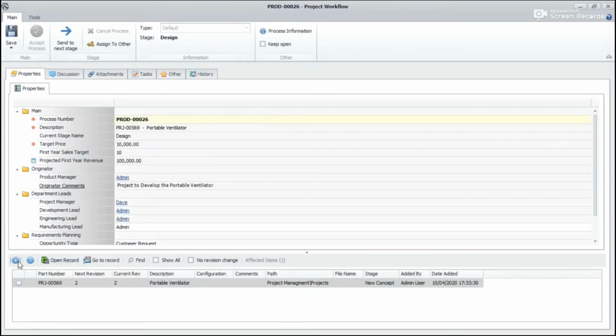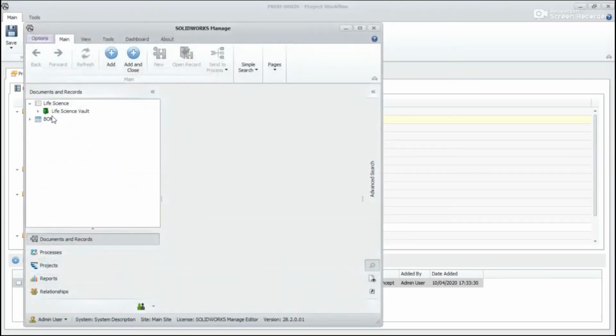So once this is done, it is also possible to add all the 3D models which are stored for this project as references.